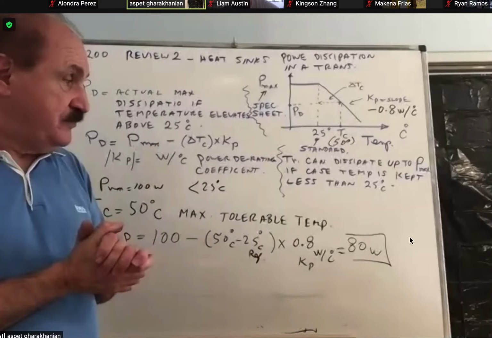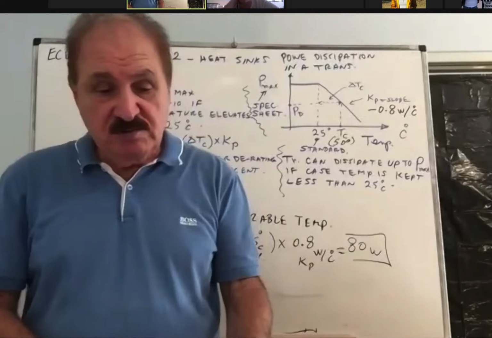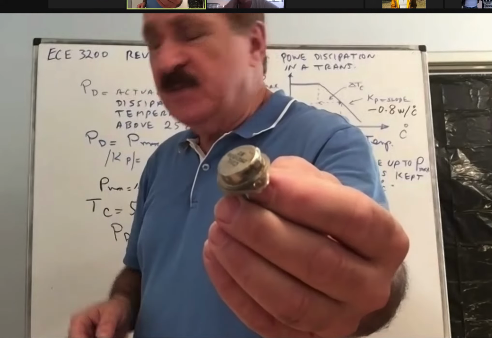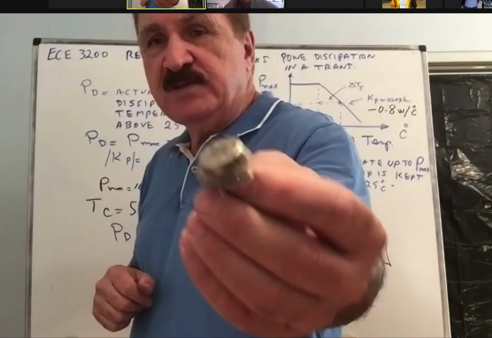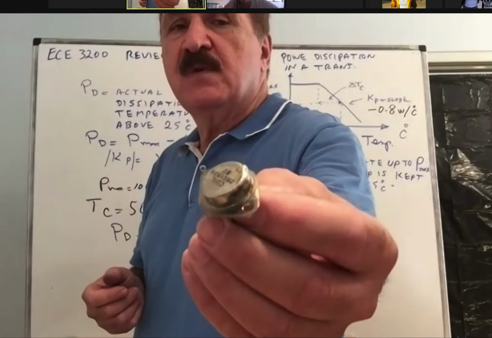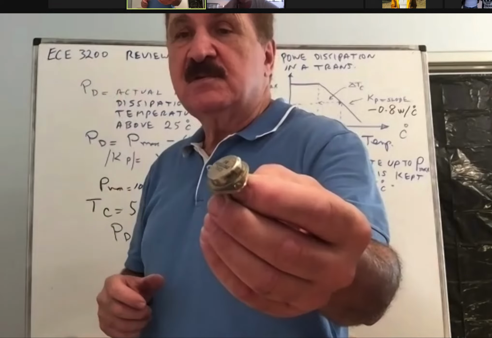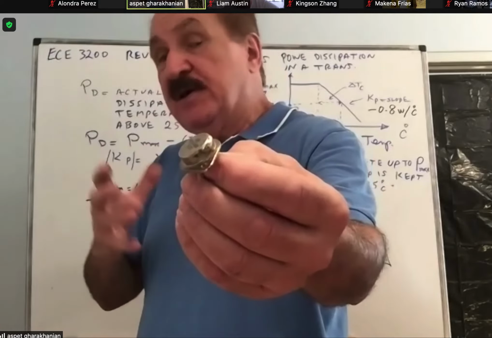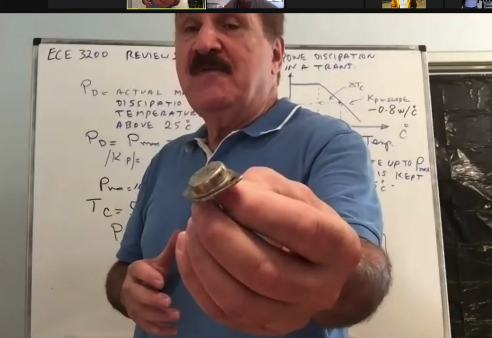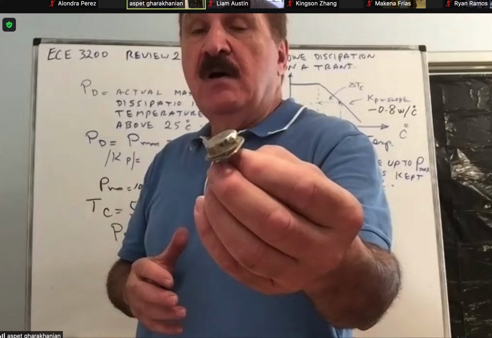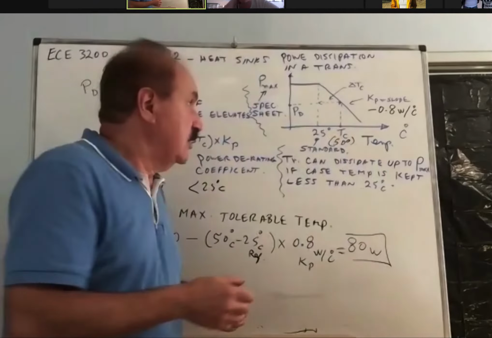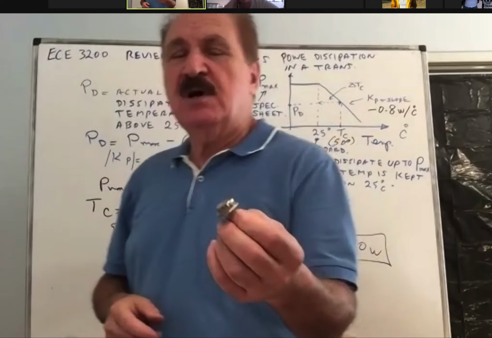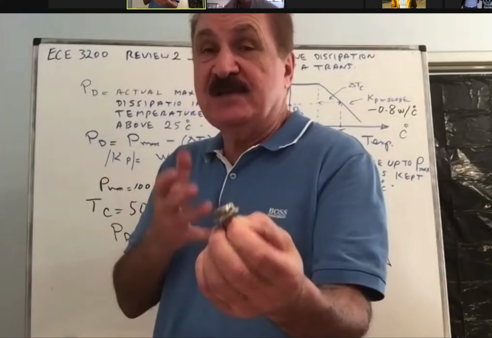But what will happen is this. Take this transistor on its own. If I dissipate 80 watts of power, say 8 volts and 10 amperes, if it conducts VC equal to 8 volts and a current of up to 10 amperes, that adds up to 80 watts. That is, of course, under this rating, 100 watts, but